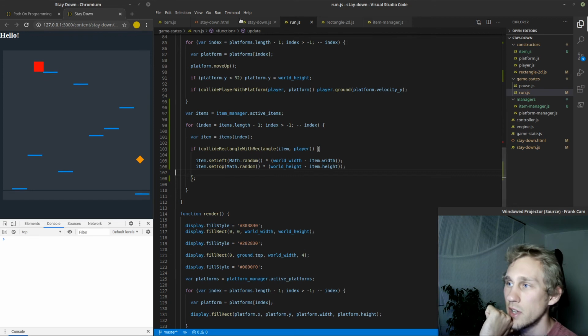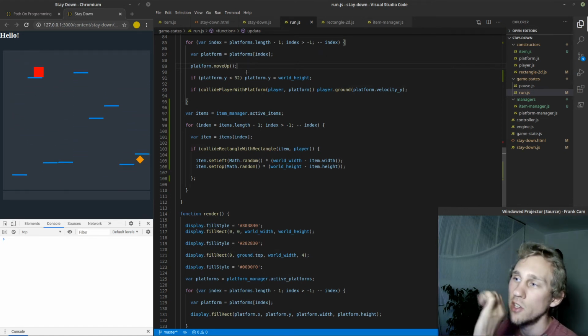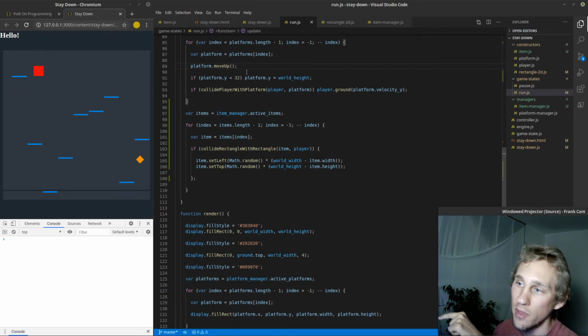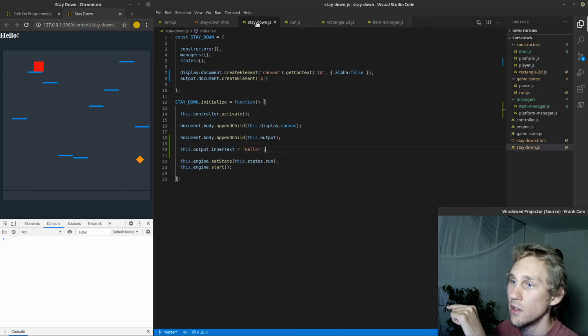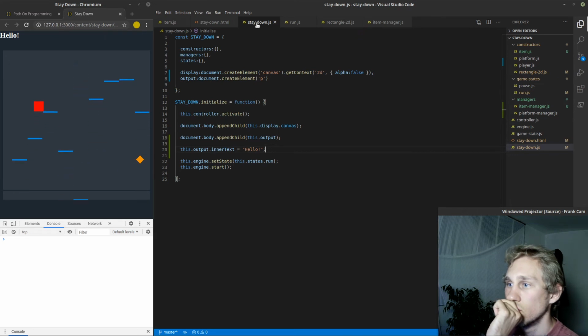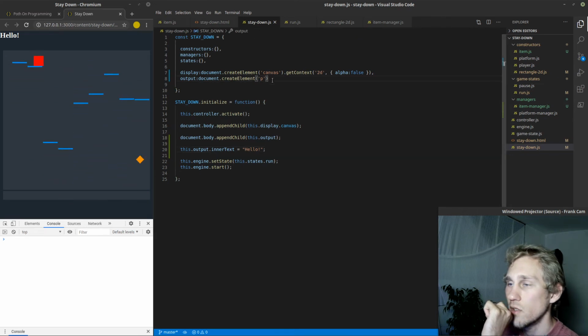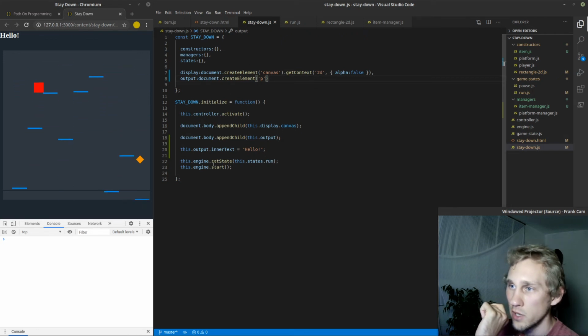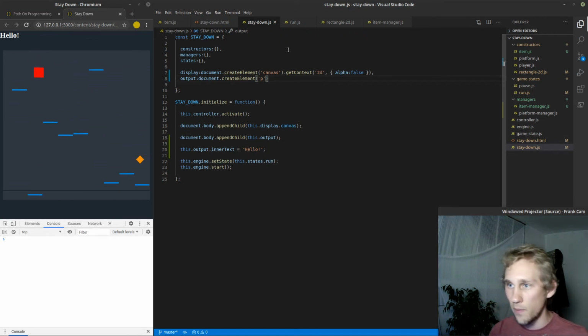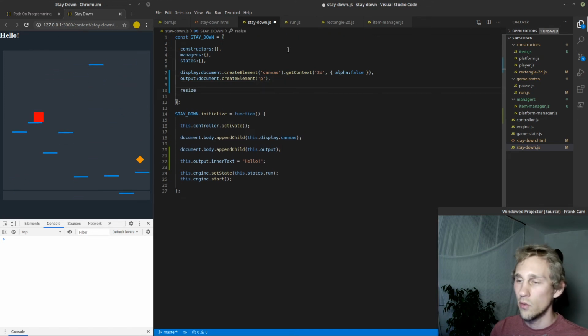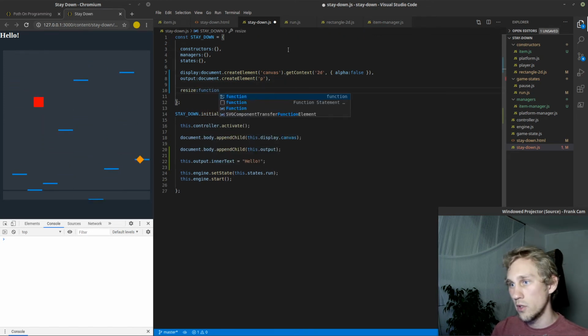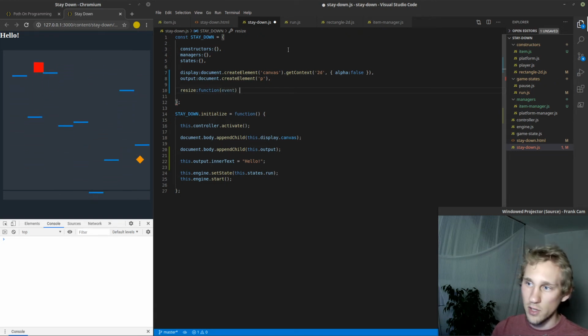This shouldn't even be in the run state because it should be all game states, because resize is going to have to be handled inside of, I think each game state is going to have its own resize method, but resize is something I do globally with this one object in our global scope. So I'm just going to say resize function takes an event parameter,